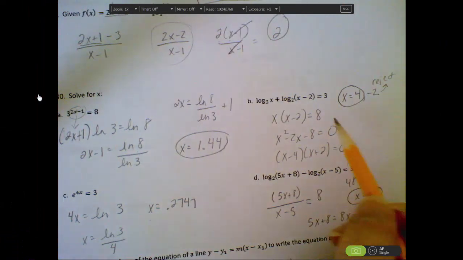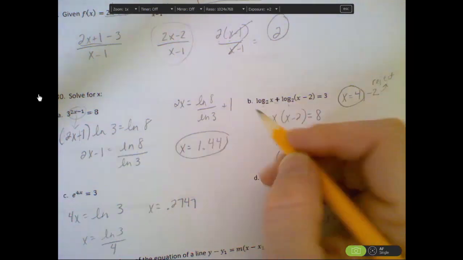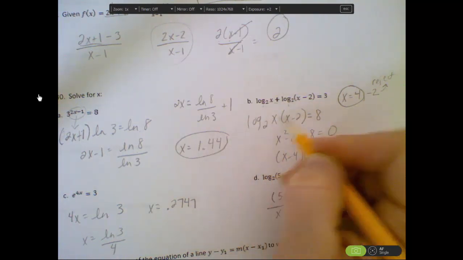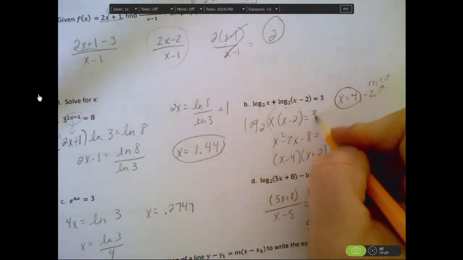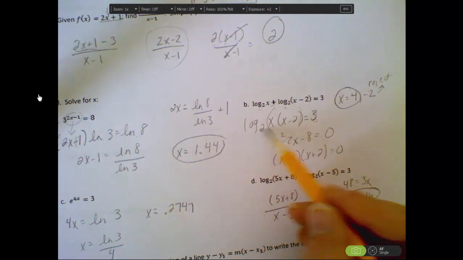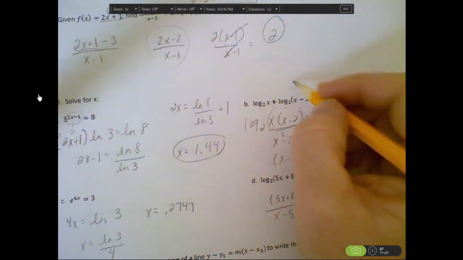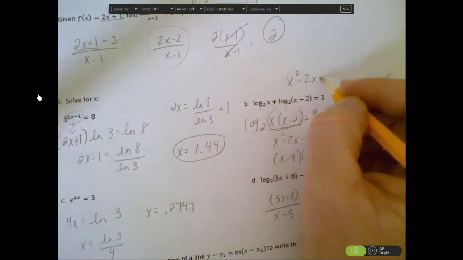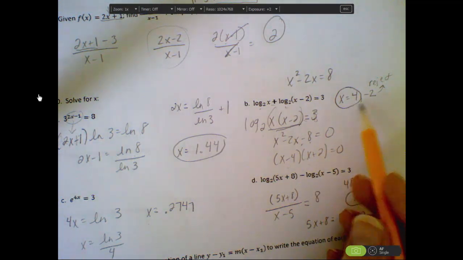Over here, since we already have logs, we can use properties of logs that say if you have logs with the same base and you're adding, it's the same as saying log base 2 of this product equals 3. Then we can rewrite using our properties of logs that says 2 to the third power equals this function here. So that would be x squared minus 2x equals 8. Then I subtract 8 from both sides, I factor, I get my two answers of 4 and negative 2, but